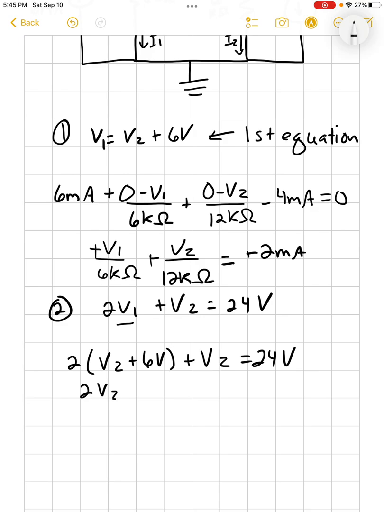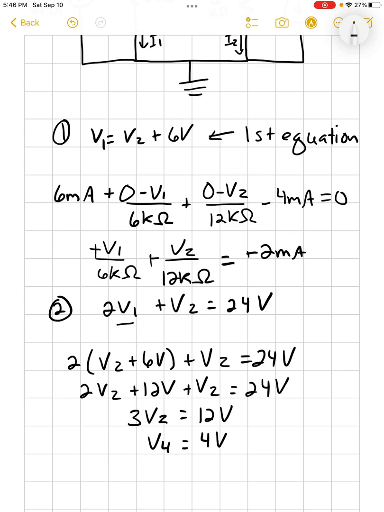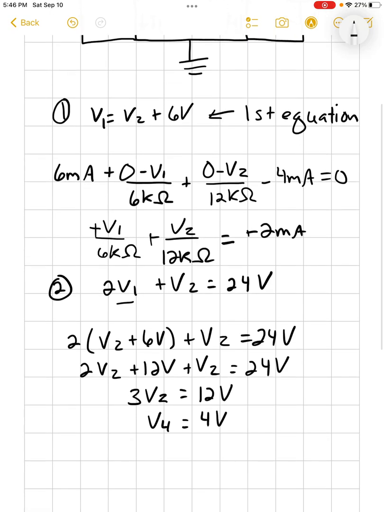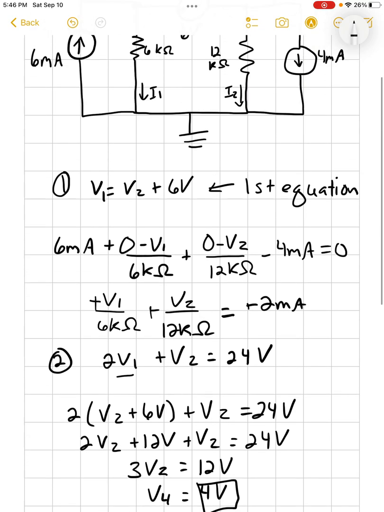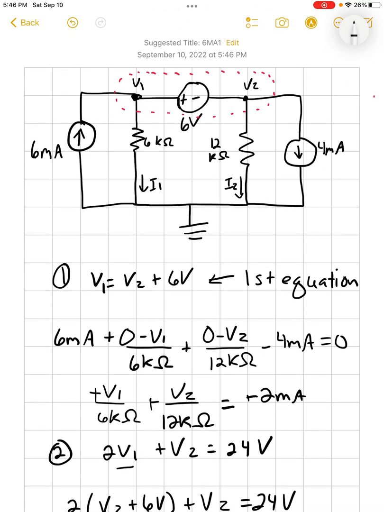So multiply this out. That's going to give me 2V2 plus 12 volts plus V2 equals 24 volts. I add up my V2s. I end up with 3V2. And then I subtract 12 volts from the other side. That gives me 12 volts. That means that V2 has to be equal to 4 volts. All right. And then V1 we can find just using equation 1. V2 plus 6 volts, well, that's just going to be 10 volts. Okay, so now we have the voltage for both of those points, despite the fact that we didn't hook the voltage to ground. And the way we do that is, again, using the concept